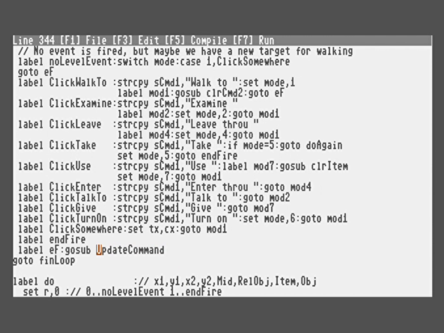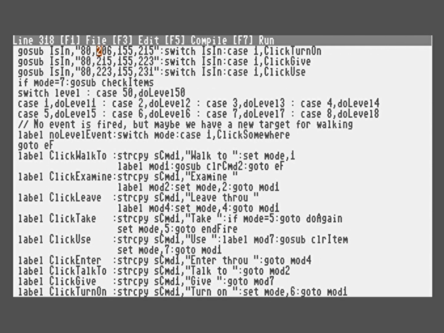This is not so very interesting, and this simply goes back to the game loop. Now the player has clicked on examine, and what we can see here is that they simply changed the mode to 2. So now the player clicks somewhere in the level,